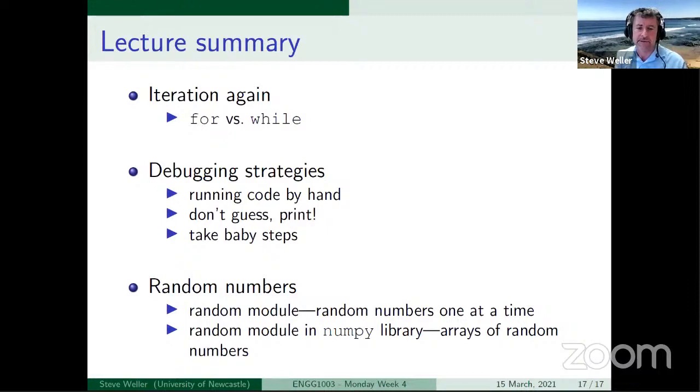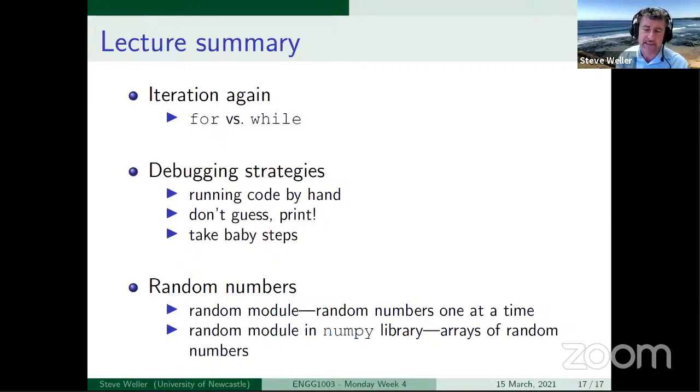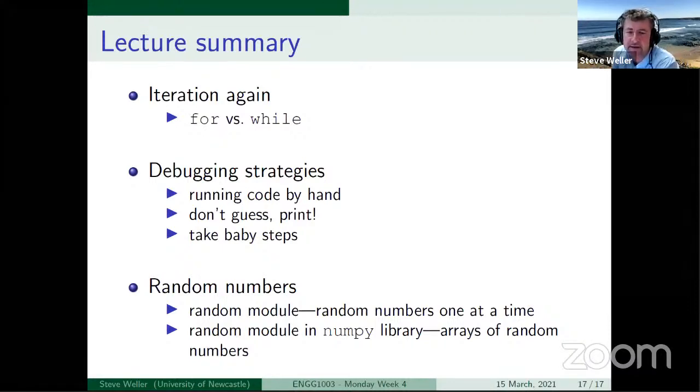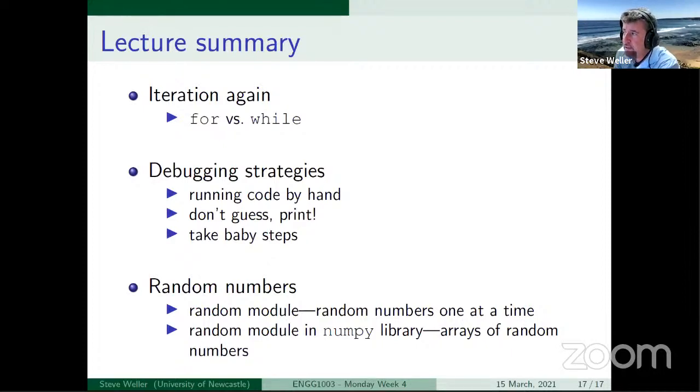And the final one was random numbers, both the ones that are built into Python, available through the standard random module, but also the ones in the NumPy library. Again, I would preference the ones in the NumPy library over the random module, simply because the random functions inside the NumPy library have been written in such a way that they're built for speed. Ease of use too, but behind the scenes, it's much faster to generate random numbers using the NumPy library than it is one call at a time to the standard random module.